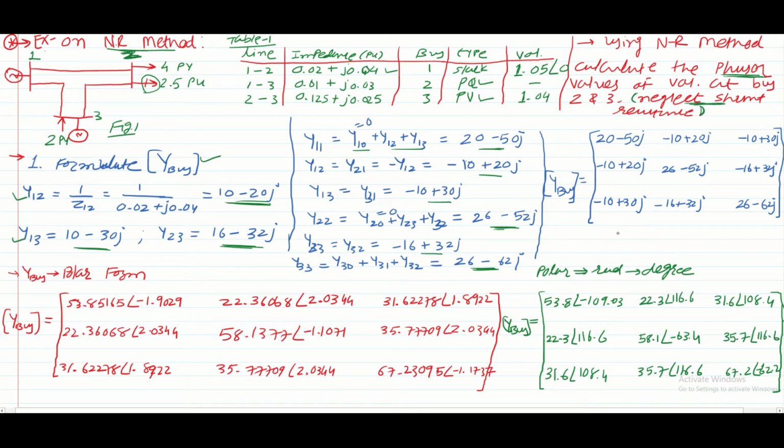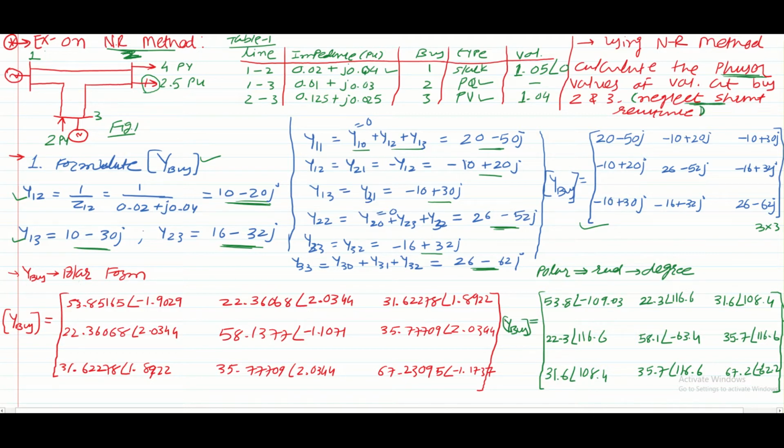Now our next step is to substitute all the values in Y-bus matrix. So we will get the final Y-bus matrix for this network is here with the blue color. Okay. And as we know, the size of matrix depends on the total number of buses or node in the network, which is 3 cross 3. Clear?